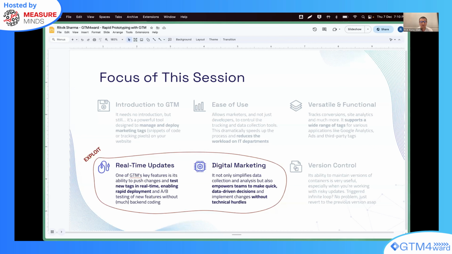But we will utilize its capability to inject whatever code snippets we want into any website and potentially make some changes which would have taken IT departments or tech infrastructure team members several days or hours